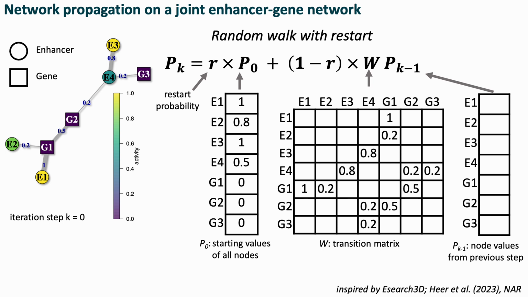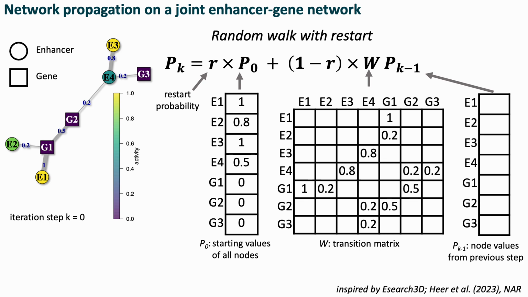And now to propagate our node values throughout this network, we take the transition matrix and multiply it by this vector of node values. And this is the random walk with restart because you always add a certain percentage of the starting values of your node. So for example, if you chose a restart probability of 0.2, you will always give 20% of your starting values